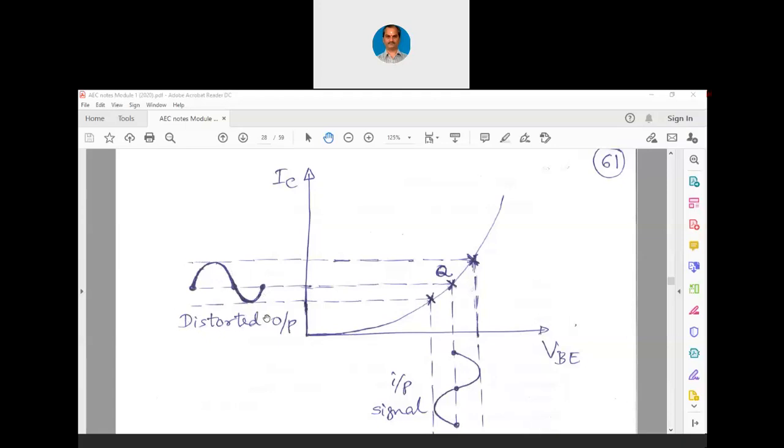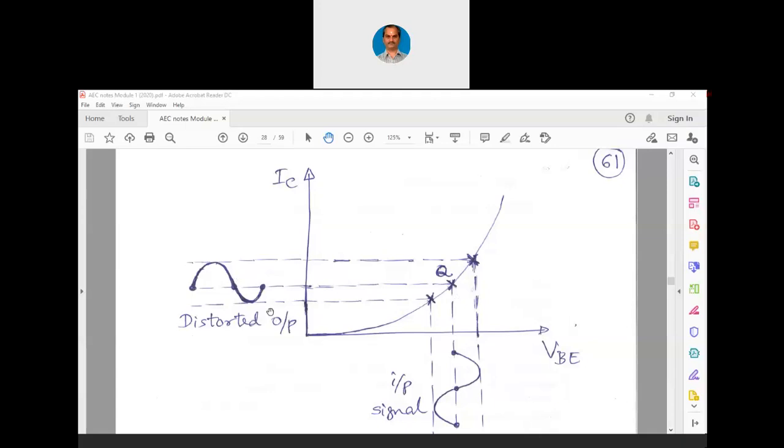This distortion is unfaithful. We want a faithful amplification where the shape of the waveform should be the same at the output as well. But we are not seeing it that way. So now, how do we avoid this distortion? For avoiding the distortion,